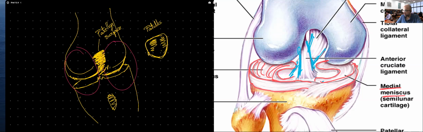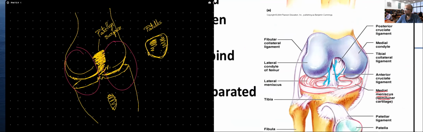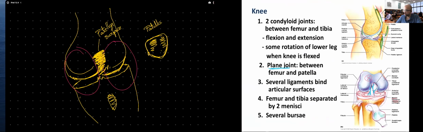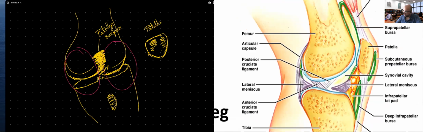So those are semilunar cartilage rings that I have between the femur and the tibia that will allow you to absorb the compressive shock. Several bursae can be seen here